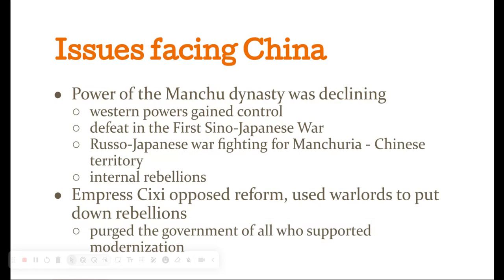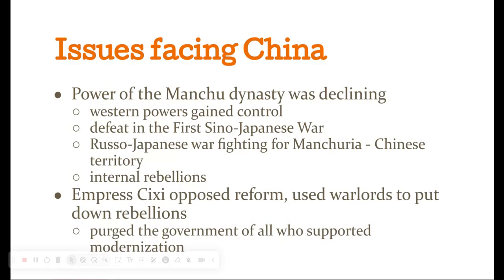The power of the Manchu dynasty was declining. Western powers gained control, and there was defeat in the First Sino-Japanese War. The Russo-Japanese War was fought over Manchuria, which was Chinese territory, and internal rebellions were also there, such as the Taiping Rebellion. Then the Empress Cixi opposed reform and used warlords to put down rebellions, which purged the government of